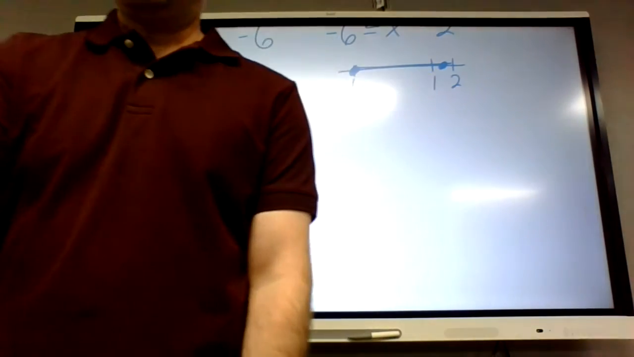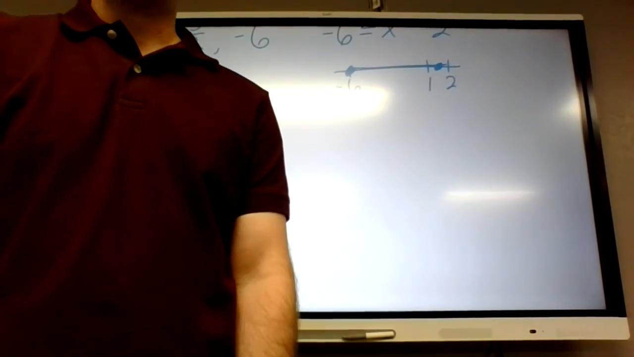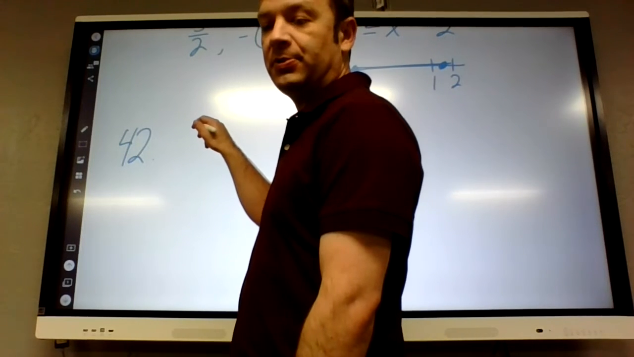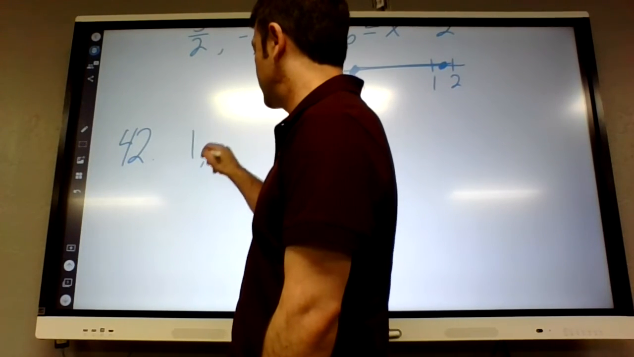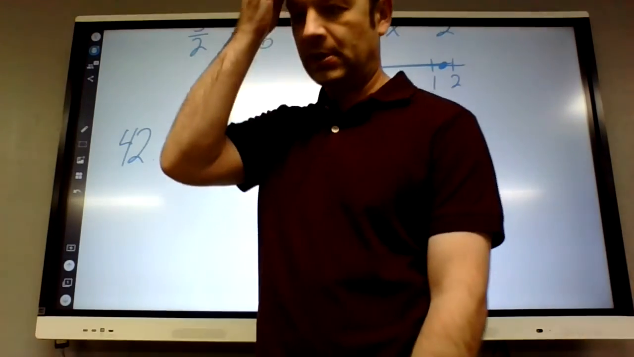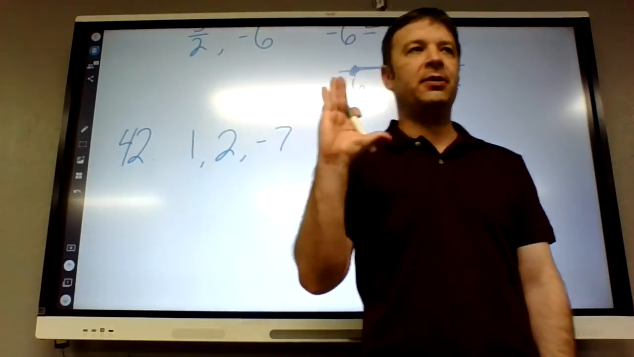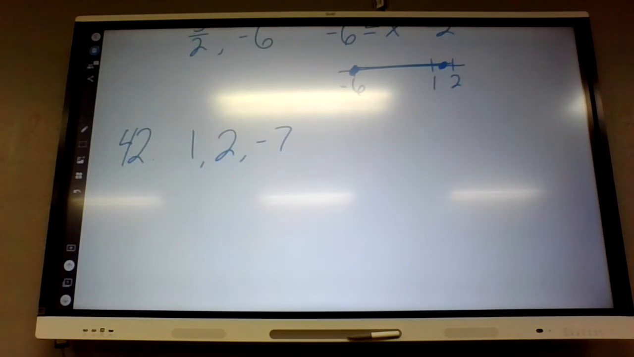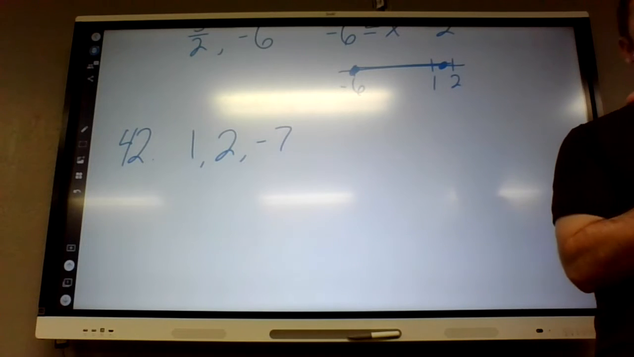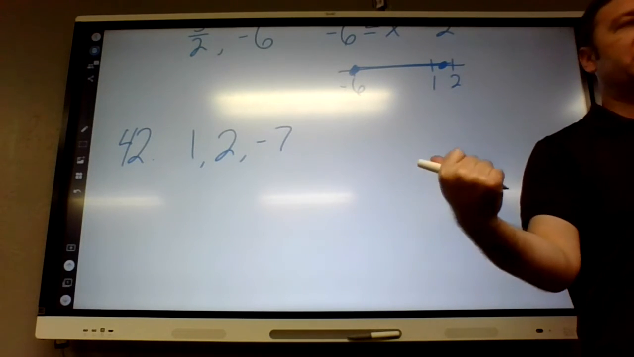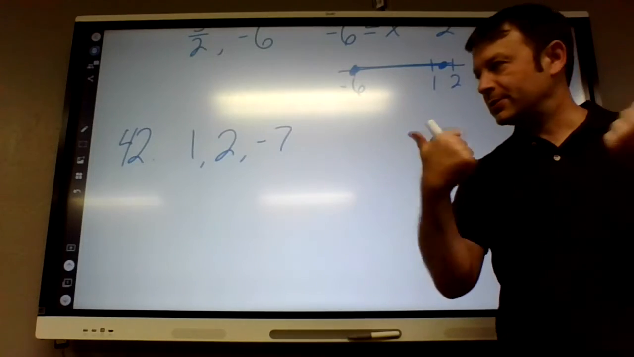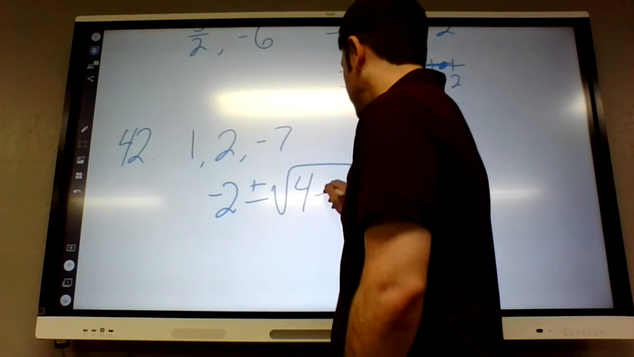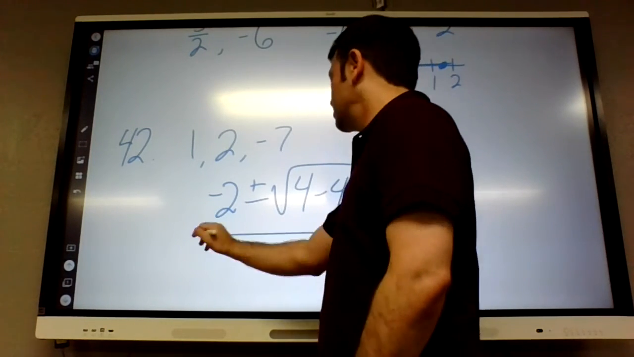What multiplies into negative 7 that adds up to 2? Nothing. So we have to use quadratic formula. 1, 2, and negative 7. By the way, 42 is a greater than problem. So how do we set up the answer? It's an or: smaller than the small one or bigger than the big one. So it's on the outside. Negative b plus or minus square root of b squared minus 4ac over 2a